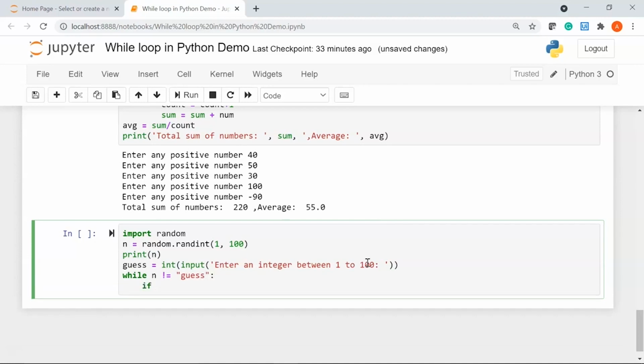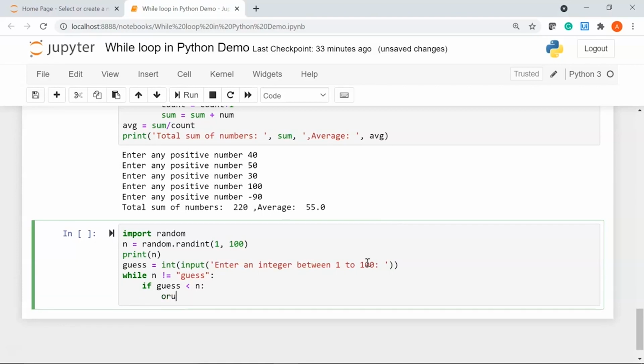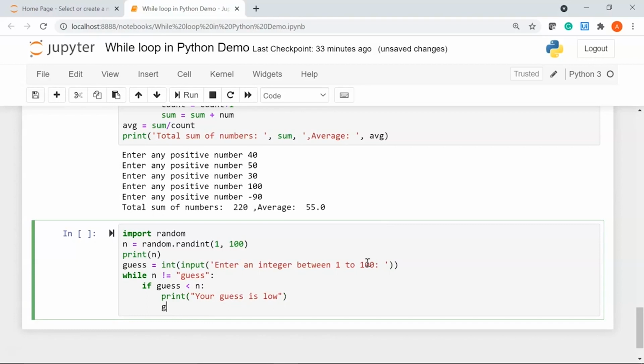I'll say if my guessed number is less than n, I'll print the message as your guess is, let's say, low. Then again I'll say guess equal to, I'll take the user input, I'll just copy this message and we'll print it here.